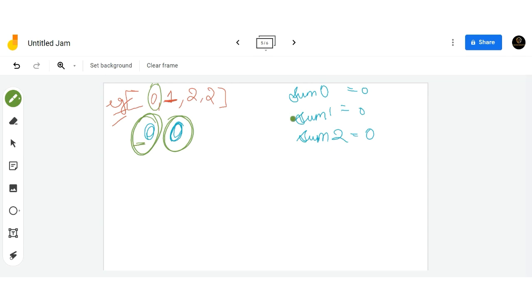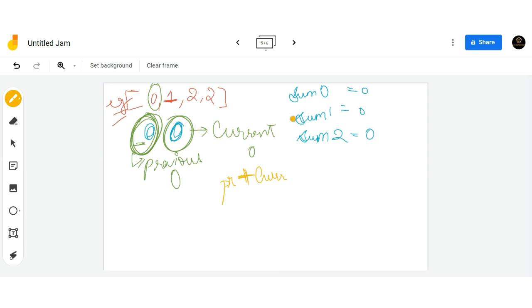The first case is the total number of subsequences which end at the previous 0. This is the previous 0, and this is the current 0. So if we have to find the total number of subsequences, it will be previous plus current.